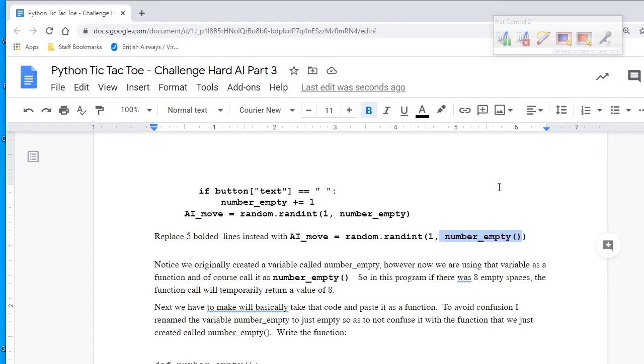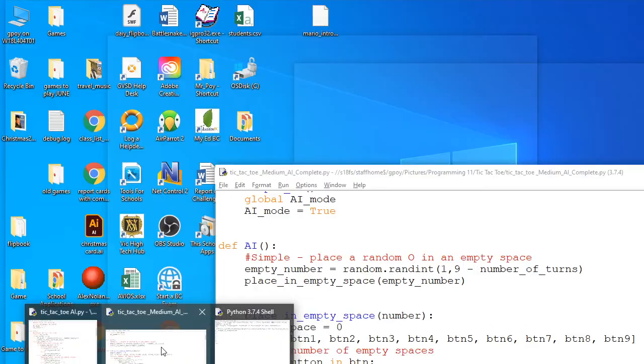We used them as more of a procedure that did a bunch of things. In this case, number empty is just going to return a number like 8 or 5. It's going to tell me how many are empty. So I'm going to take this code here that I put, which is AI move is a random number from 1 to the number of empty. And that's how we're going to start our